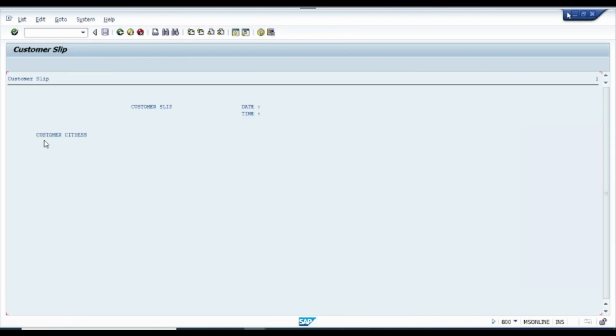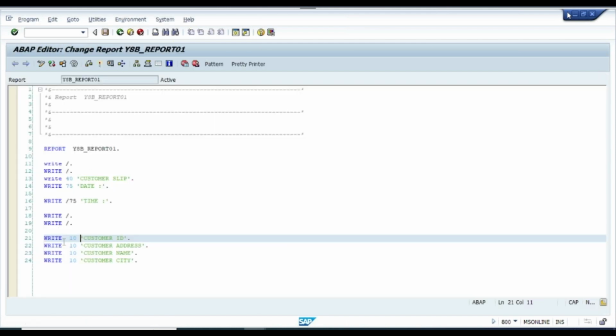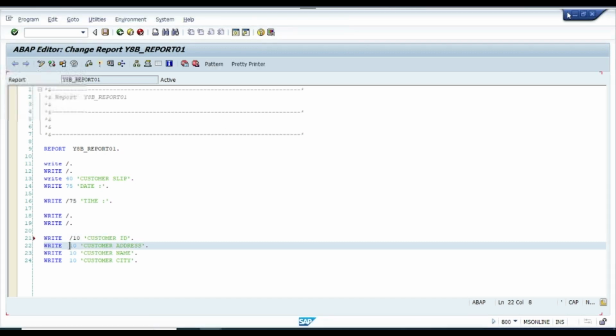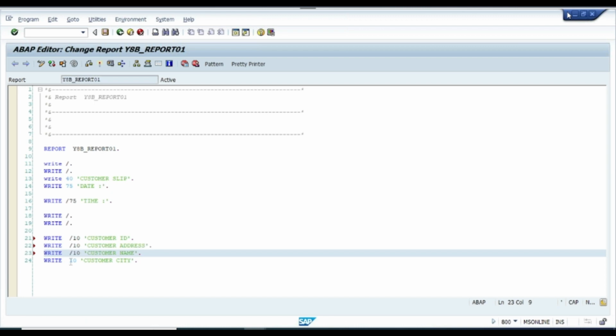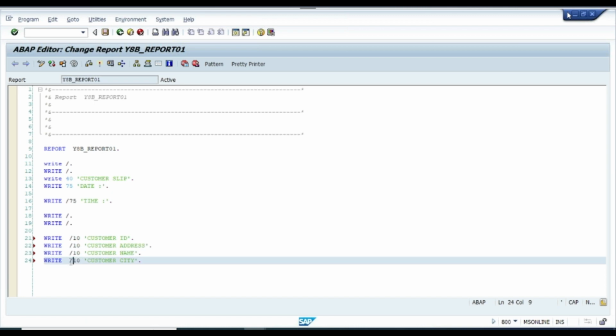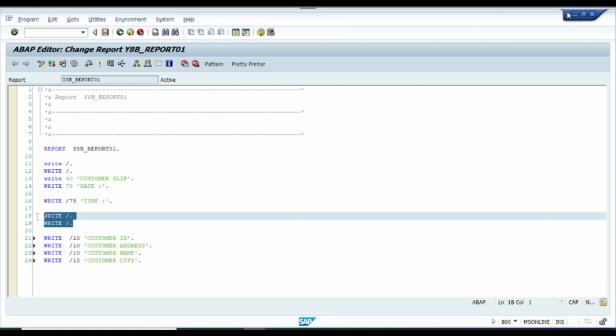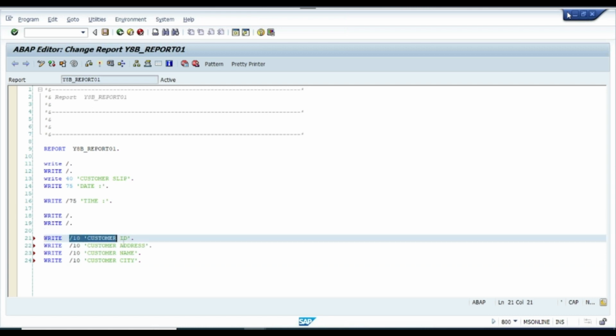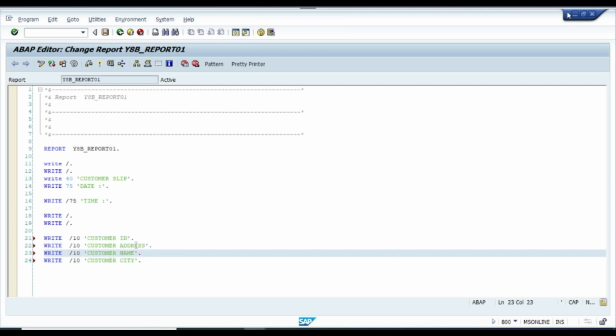Execute. So customer city SS, which is wrong. Okay. So now we have to make sure everything should go to a new line. This should be a new line. This should be a new line. This should be a new line. This should be a new line. This should be a new line. So after two lines of gap, I am writing everything in a new line: customer ID, customer name, customer address,